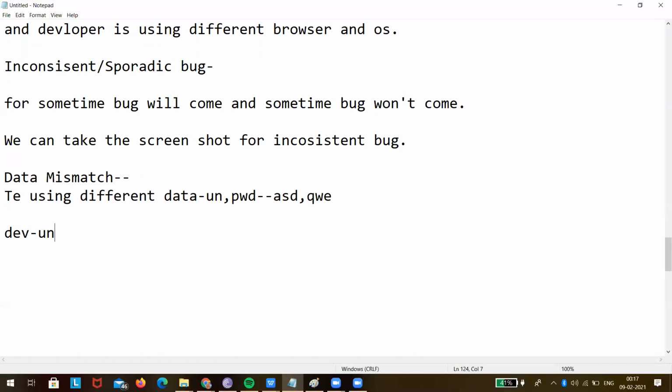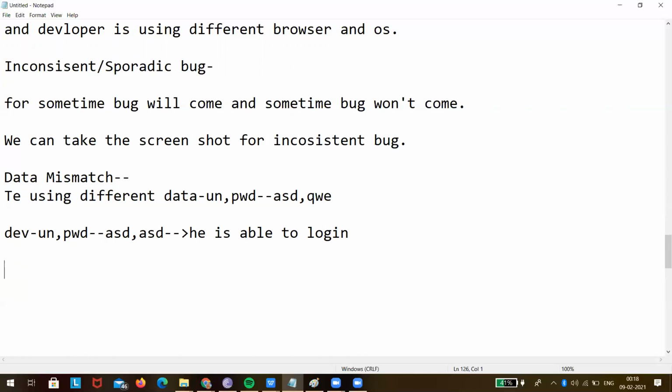He is using the username and password as ASD and ASD, and he is able to log in. Because of this data mismatch also, they tell us that they are not able to reproduce the bug.